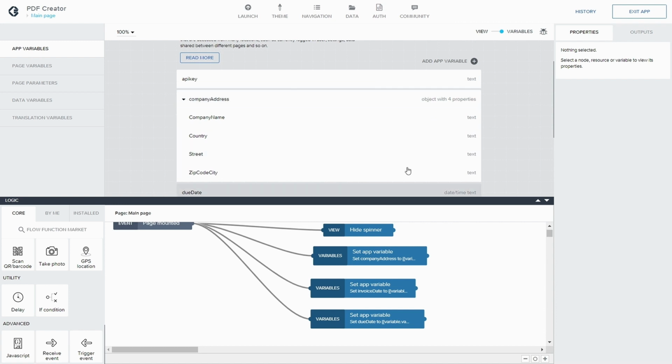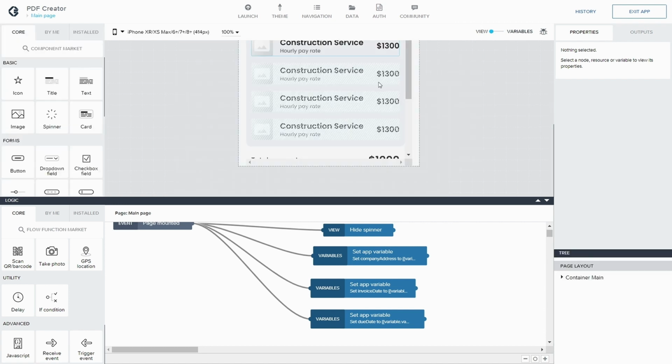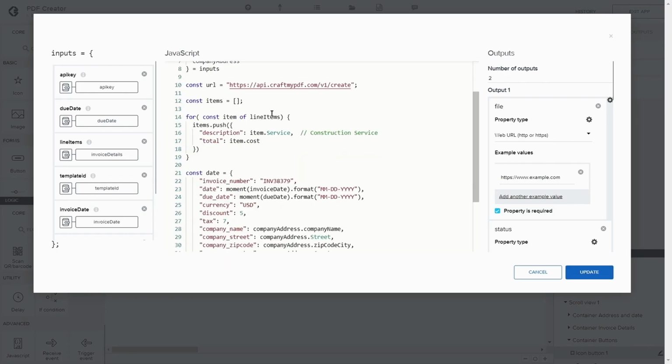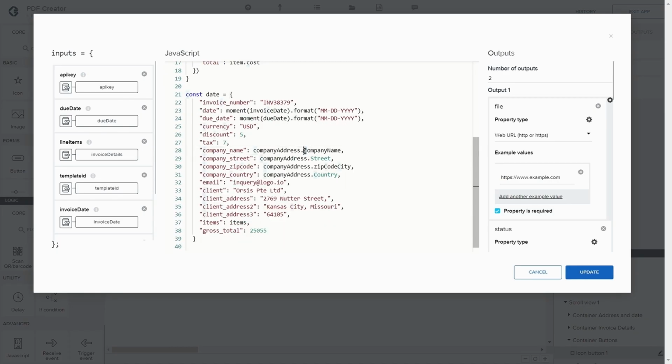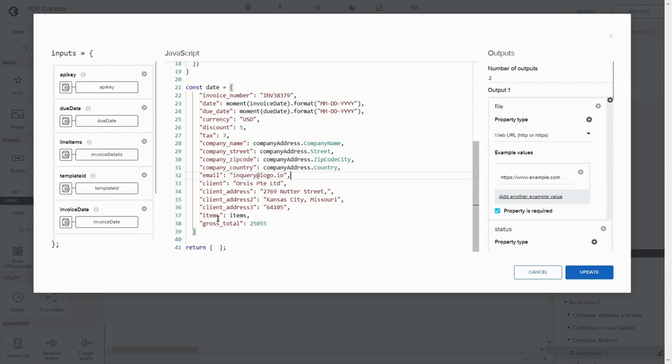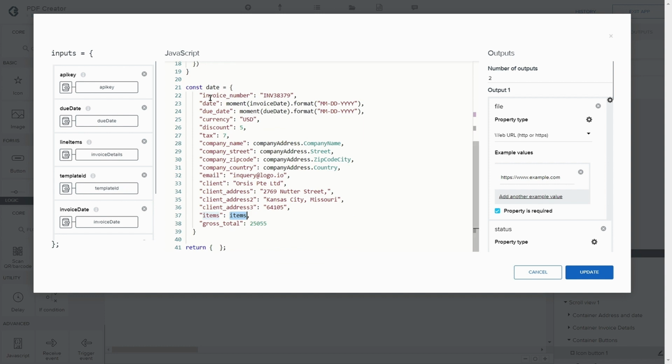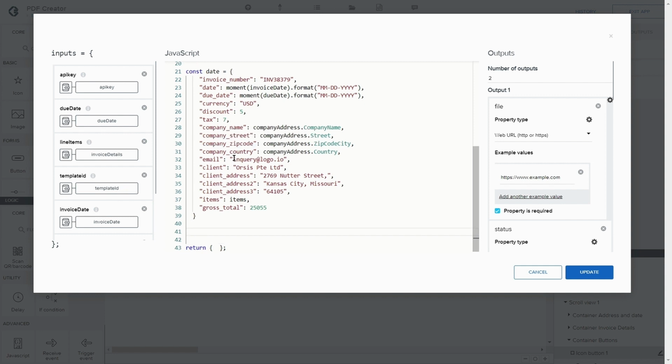So let's go back here. So it's actually its company name, zip code. So now we have all these ones. Items is literally items I just pasted in. So now we have the data we would like to send. So the next thing is now we need to send